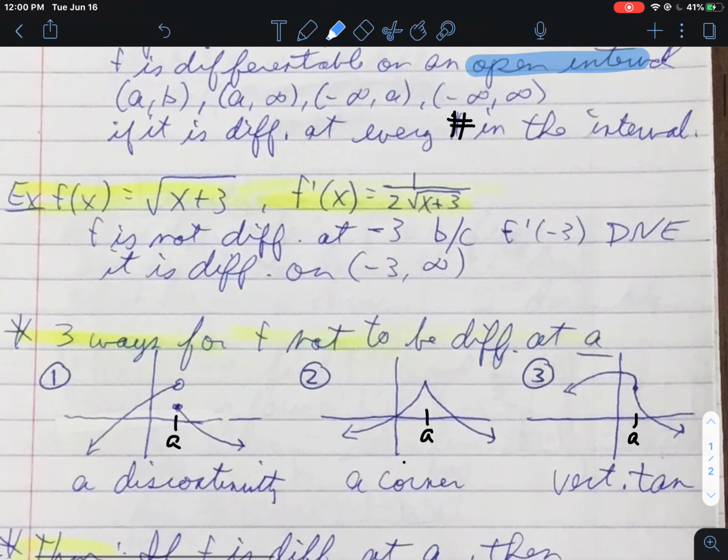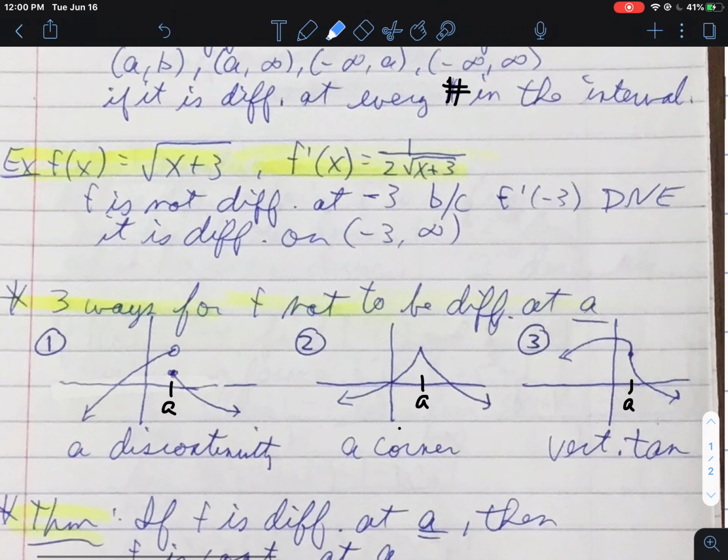This next little diagram of graphs addresses what I was talking about above, as far as differentiability on an open interval, never at the endpoint, at least in terms of the first graph, number 1. So these are graphical examples of ways that our function cannot be differentiable at a number. With the first one, number 1, we have a point of discontinuity. And this is why, when we talk about differentiability at an endpoint of an interval, we can't address that. Because if you notice, if a was the endpoint of my interval, the derivative as we approach a from